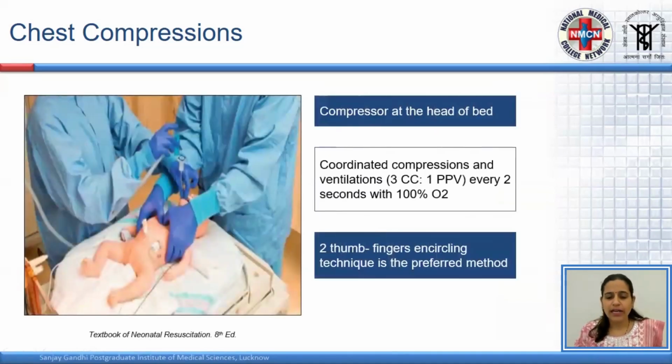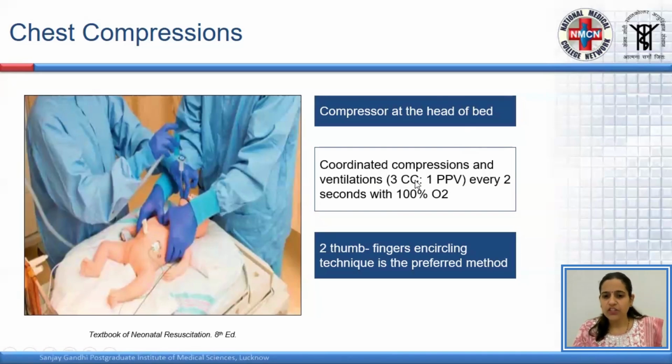It is recommended that the person who is providing chest compression should stand at the head of the bed. Not only will it lead to less mechanical fatigue of the compressor, it is anticipated that these babies may go on to require intravascular access. So there would be space for another person to establish intravascular access by putting in an umbilical venous